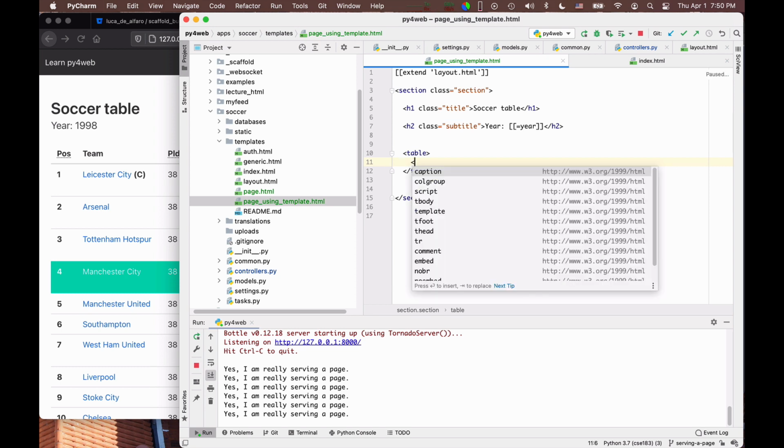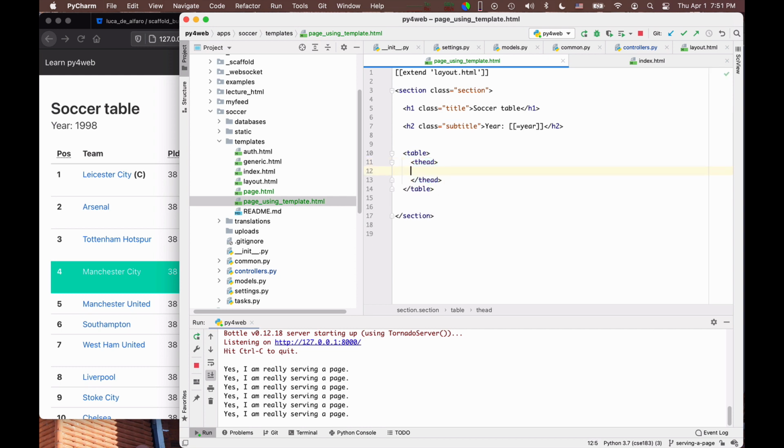Inside here I can put a t-head for the head of the table and a t-body for the body of the table, okay? Great. Now here I want to have the header of the table. That normally is done by a sequence of th cells, one for each field, right? And so I can say here in Python, I would like to say essentially for h in headers, and here I would like to say print h, because I want to print a header. This would fill in the header in a nice way.